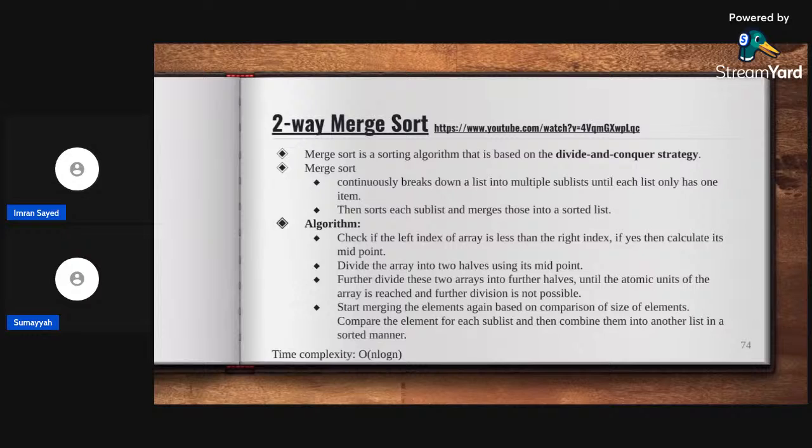Okay. So merge sort is a sorting algorithm that's based on the divide and conquer strategy. So there's merge sort, there's quicksort, and there's binary search. These are the three that are based on the divide and conquer strategy, right? Yeah. Okay. We have to continuously break down the list into multiple sublists until each list only has one item,